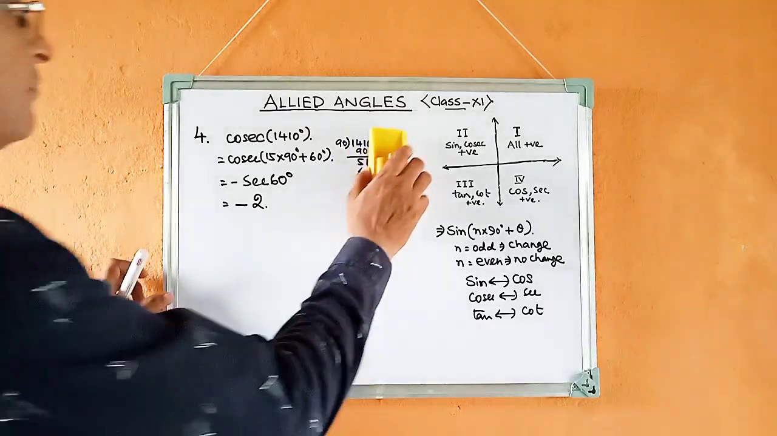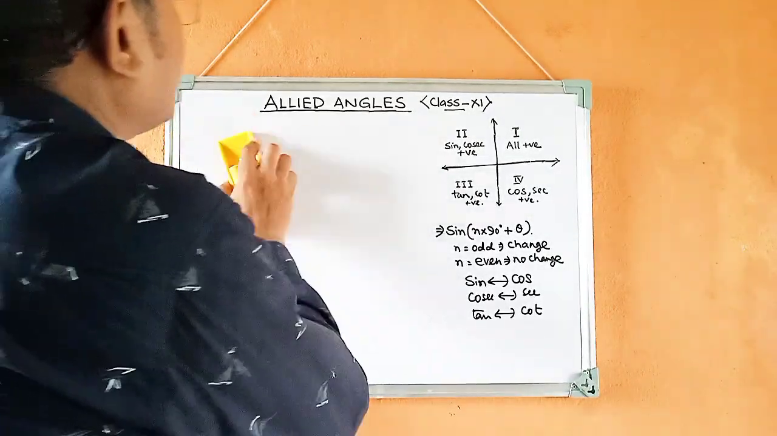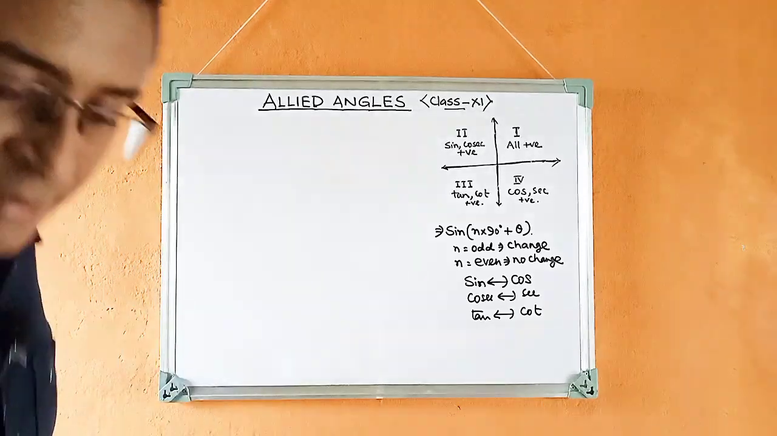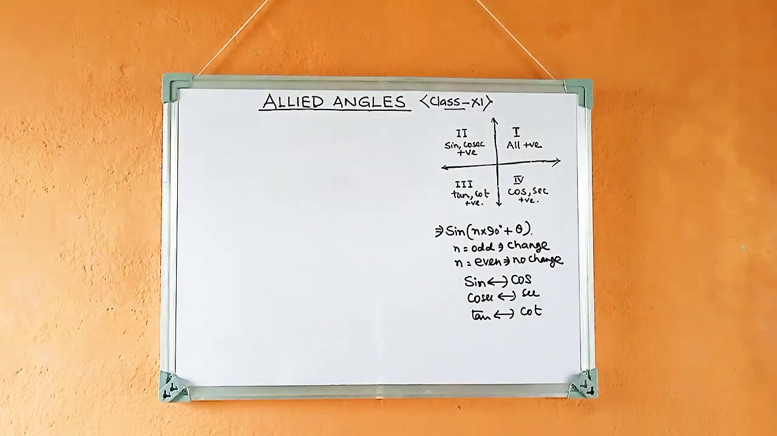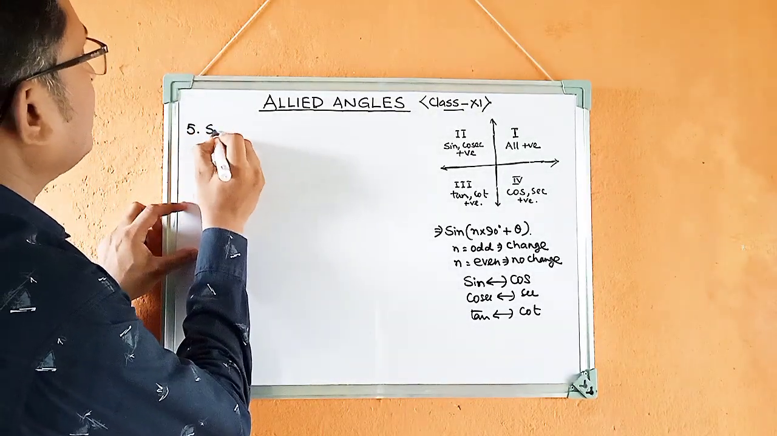See another example. Very easy. See carefully. Hope all of you understood. Question number 5: find the value of sine 690 degree